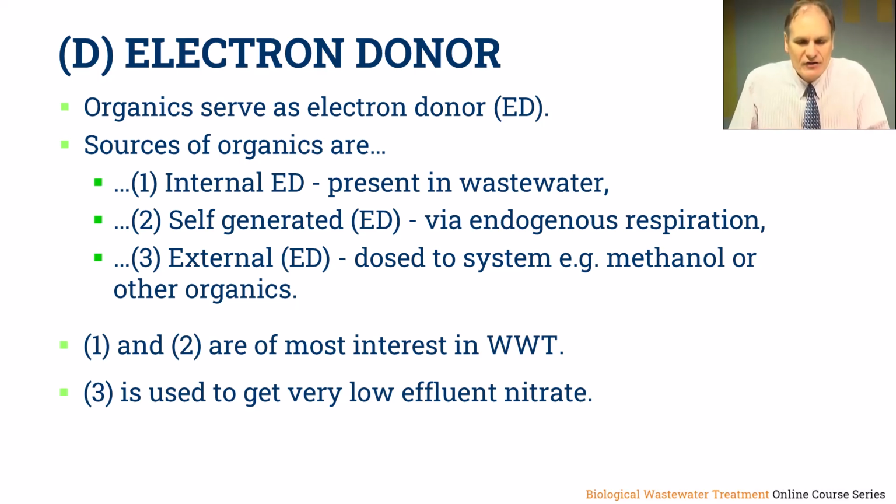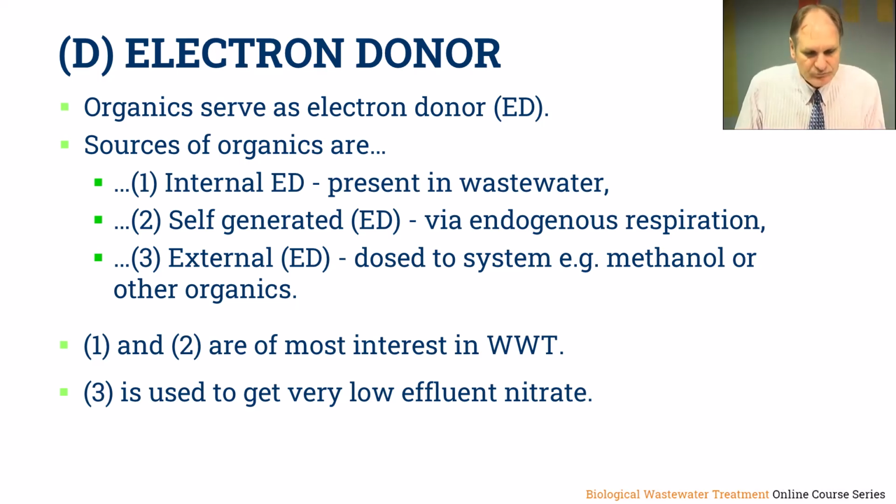So it's the organics that are generated through the death and lysis of live organism mass, and then these biodegradable organics get reused to grow new organism mass. But it's nevertheless self-generated because it's from the biomass itself. And then thirdly, we have external electron donors, and these are the ones that would be dosed to the activated sludge system, for example, methanol or any other waste organics that might be available locally with proximity to the activated